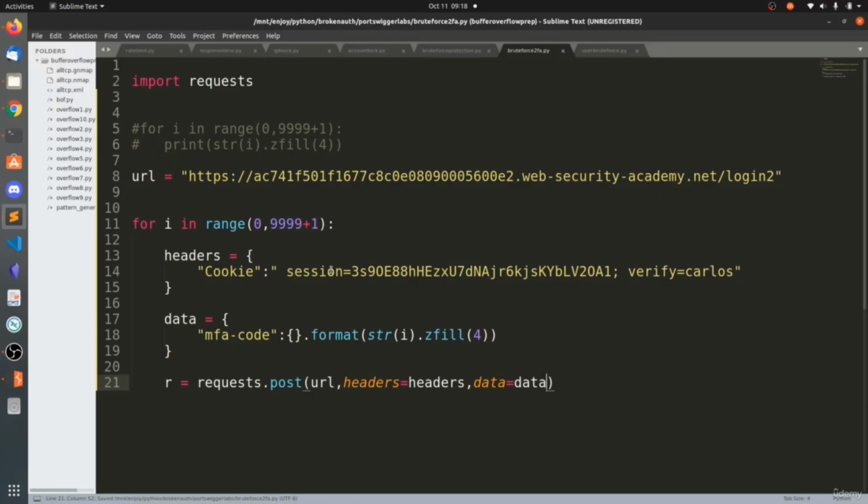So we've got the session and verify as Carlos. And what you need to filter is